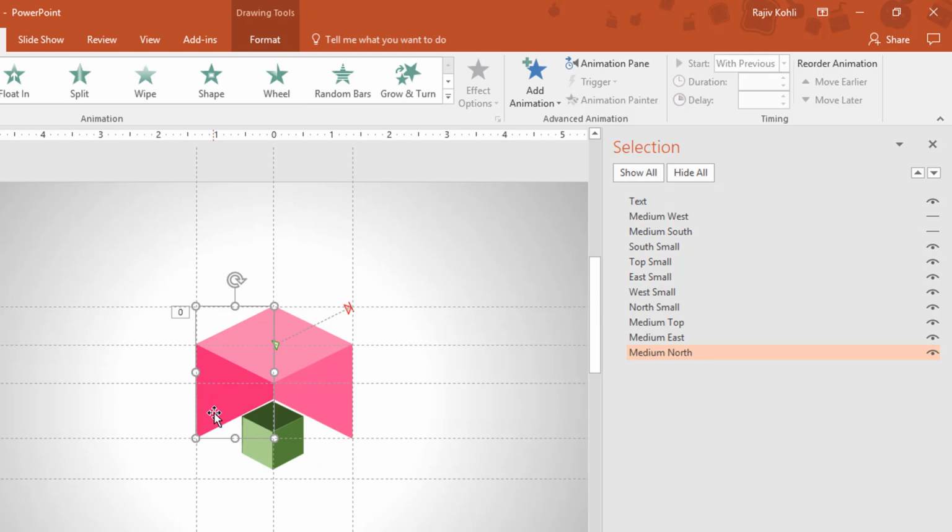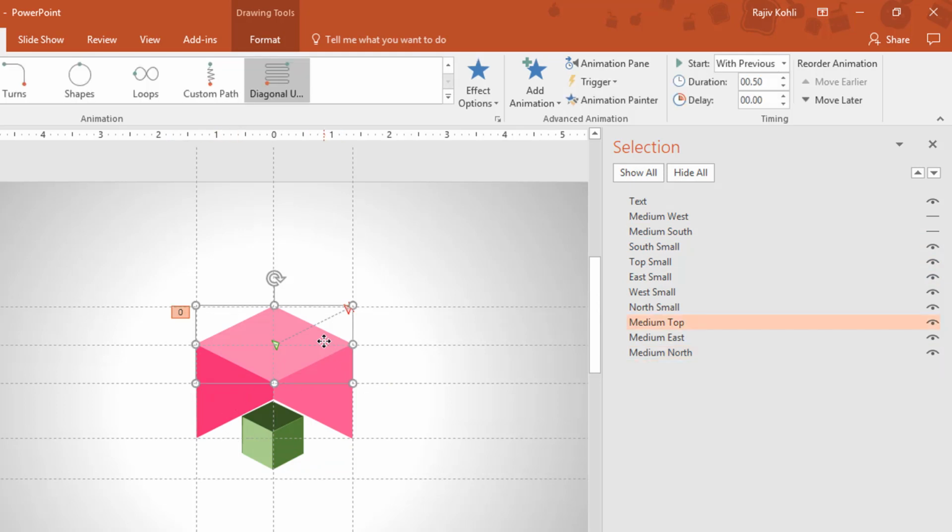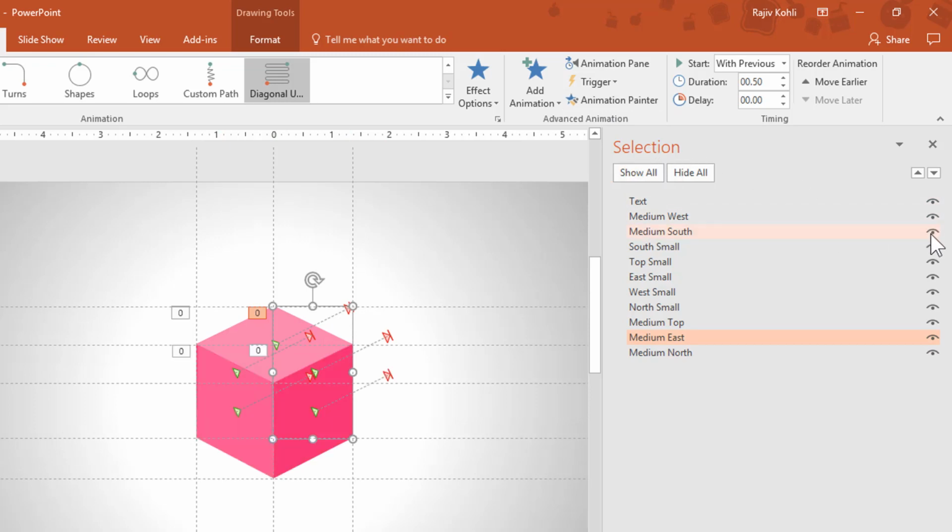Now I would like to animate this one, so I select the top part first, click on the Animation Painter and then click on the Medium North, and I apply the same effect on the Medium East. See, that is how the Selection Pane is useful. You can easily hide and unhide objects just by clicking on this eye button.